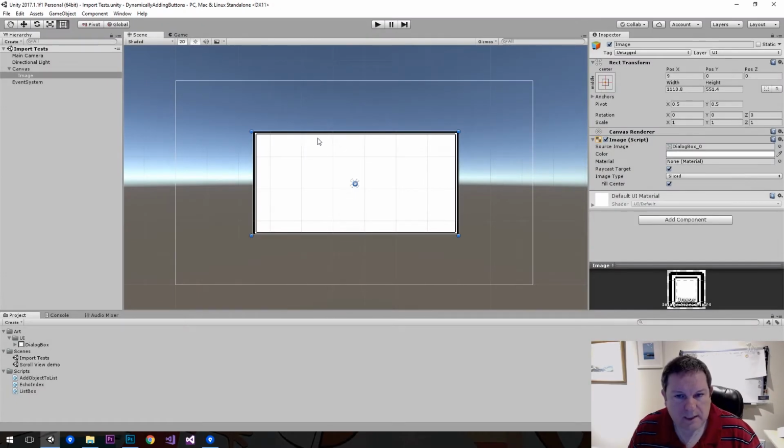Hi guys, let's start coding a dialogue system in Unity. And what better place to start than after the fade. So here is my dialog box. And what I want to do is I want to